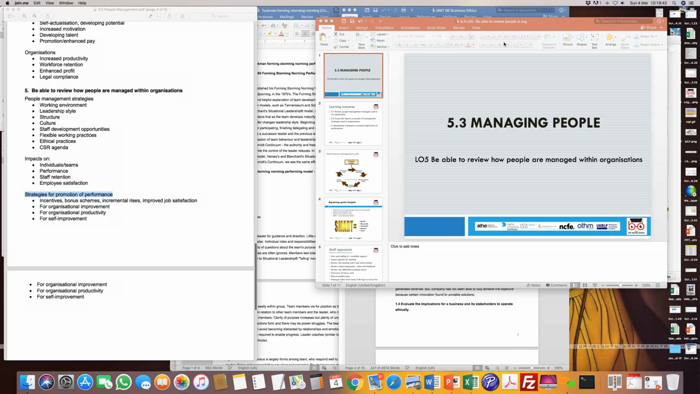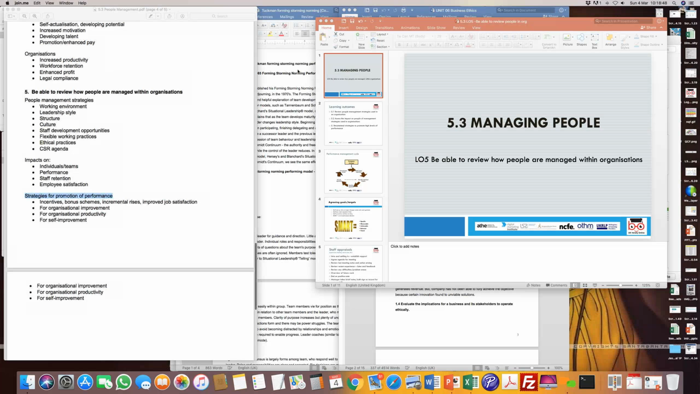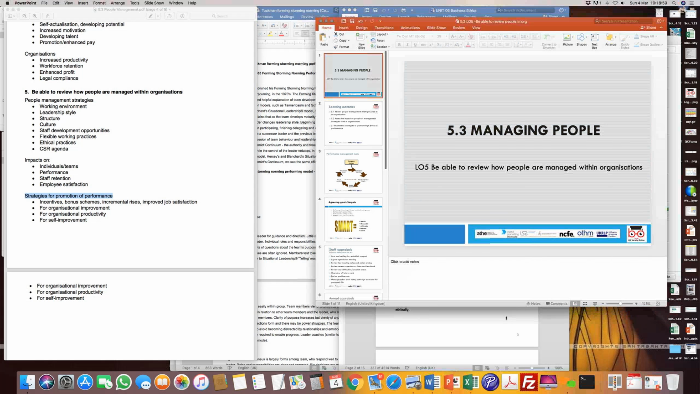Fine. So let's kick off today's session with looking at learning outcome 5, and this basically talks about how we look at reviewing people and how they are managed within the organization. So I've got a few slides that I want to go through, but apart from that, what I'm going to